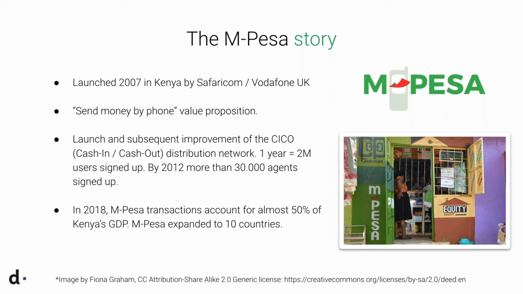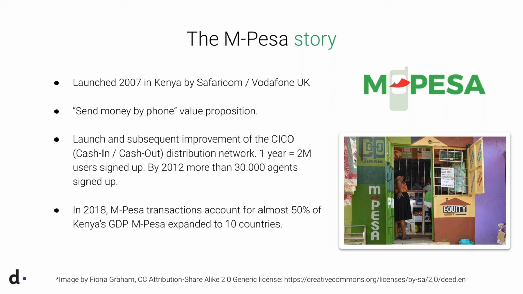So in effect, what they did at launch was that any new agent, any new entrepreneur who wanted to join this initiative, needed to set up agents in at least 3 different counties. So if they wanted to set up an agent in the capital, they could do so as long as they also had agents in other counties in the country. This allowed Safaricom to get a countrywide reach very quickly.